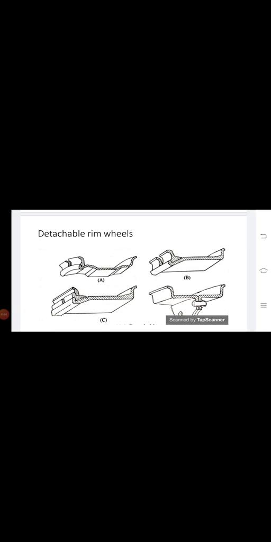And number 4 is the divided flat base rim. In this type of flat base rim, the rim is integral with the wheel itself for fitting or removal of the tire. The two halves of the wheel are divided by dismantling the outer ring of bolts which hold the two halves together, and these rims are used primarily for large military trucks or heavy vehicles. Okay,